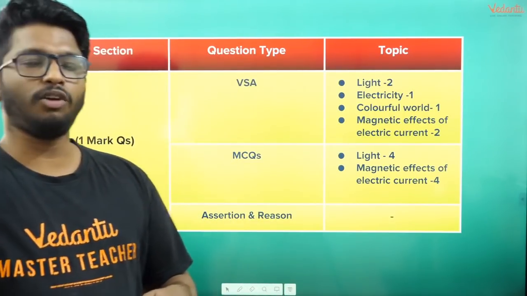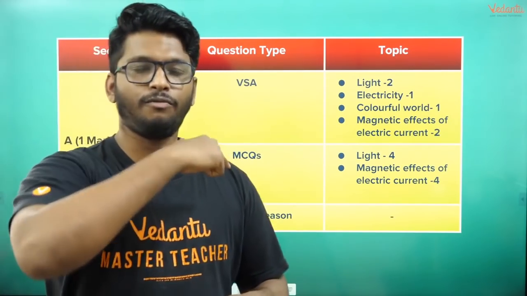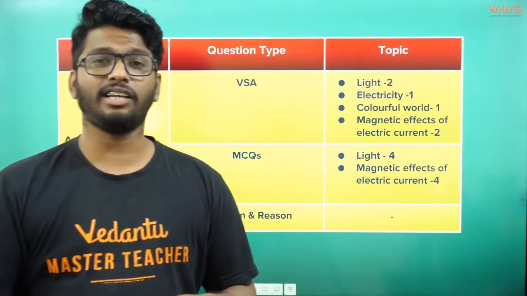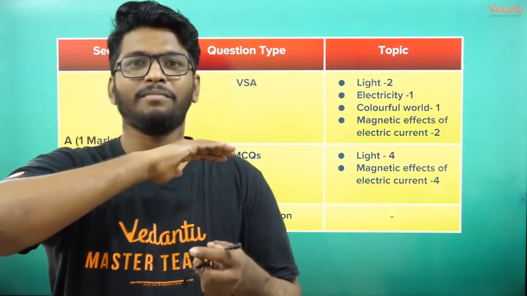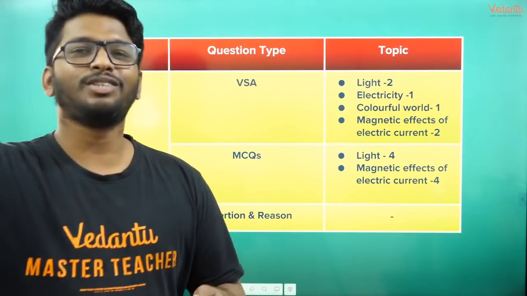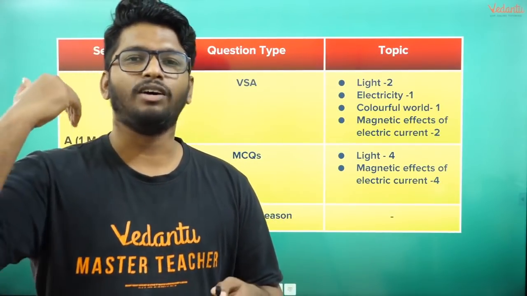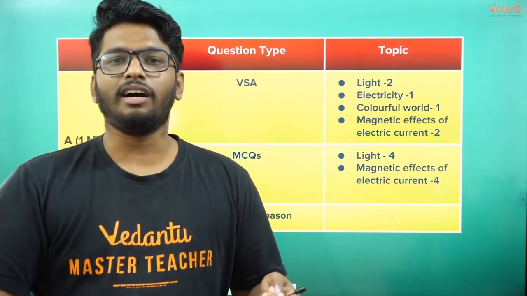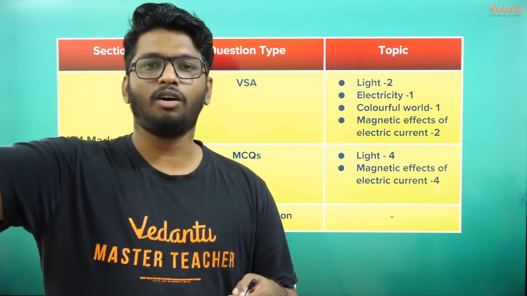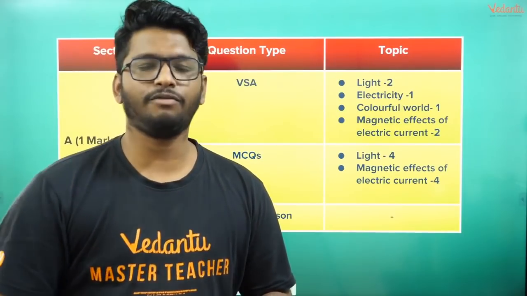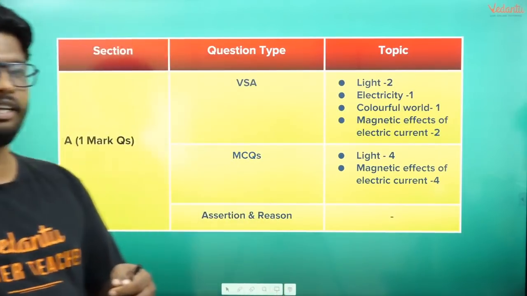And talking about colorful world also, you'll be getting 1 question from that, and you guys already know the chapter has been cut short to such an extent that pretty much 50% of the syllabus is done. So you just have to learn what is scattering, dispersion, and also the phenomenon of refraction that happens, the atmospheric refraction. Learn about all of that. That would easily fetch you some marks. Now to talk about electricity, Abhishek sir.